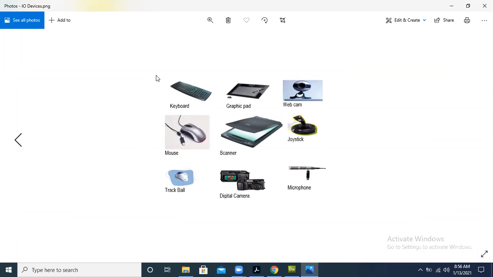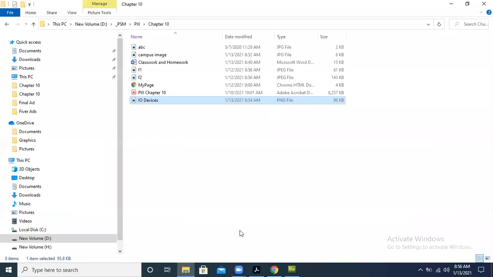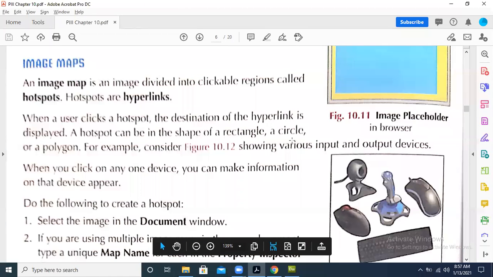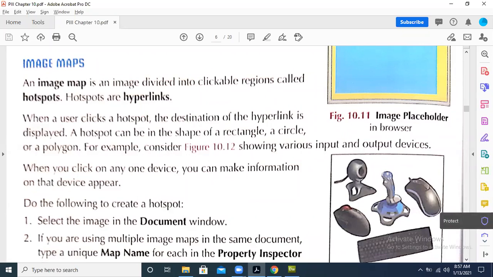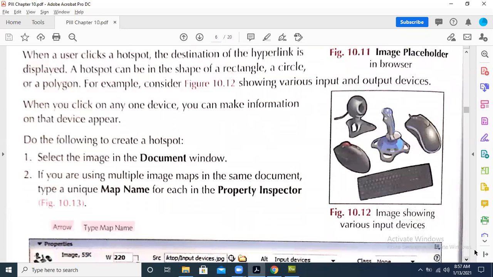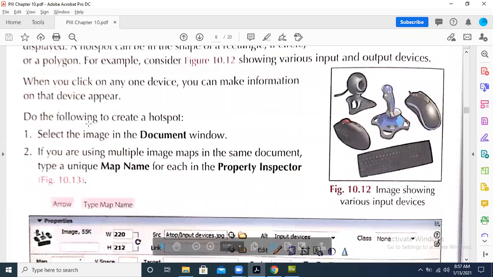So we can make some portions on it, and every portion will be linked to some different web page. We can divide it in different ways. When you click on any one device, the information on that device will appear. It means we can make different hyperlinks for it.